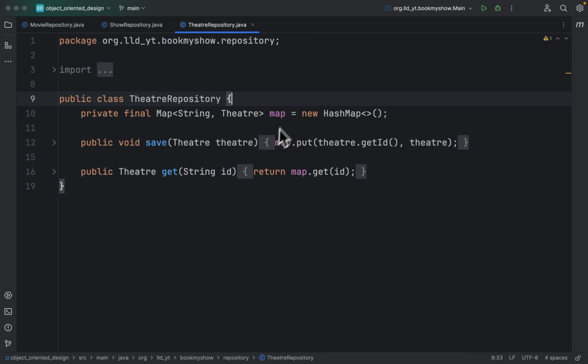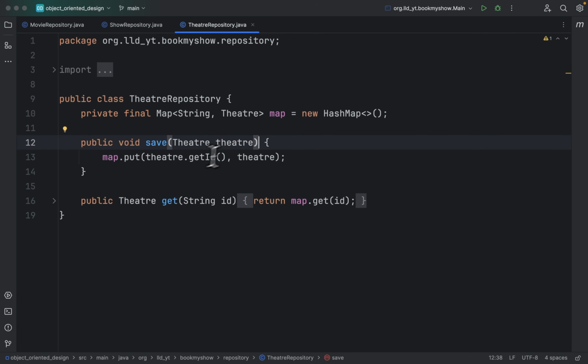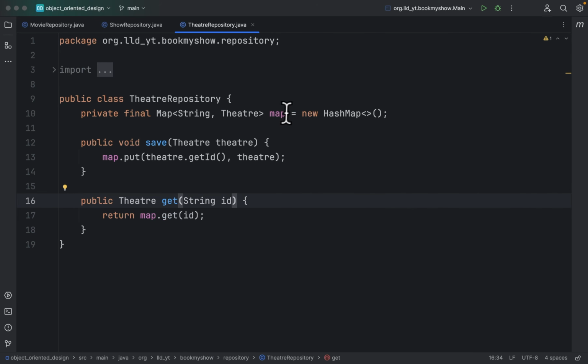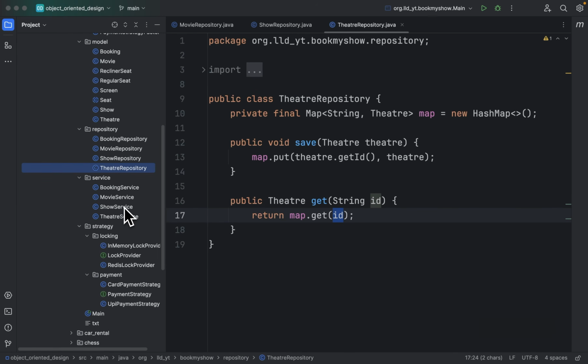So if I show you one of them, then in the save function, you will just put this theater into this in-memory database. And for the get function, you'll just return the theater with this particular ID. All right. And the service layer will have the corresponding business logic. So for example,